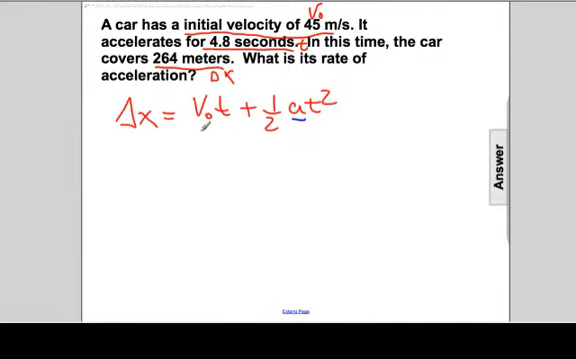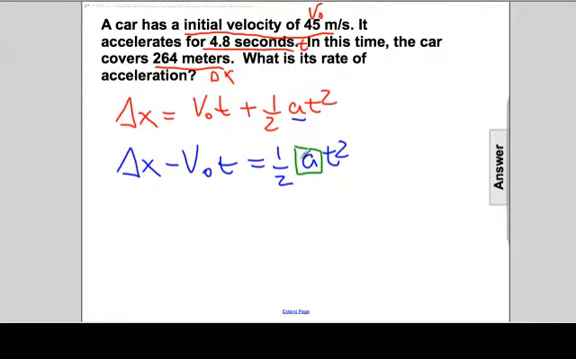So the first thing we'll do is subtract v naught t from both sides. So we end up with delta x minus v naught times t is equal to 1/2 a t squared. So now we have to continue working our way through